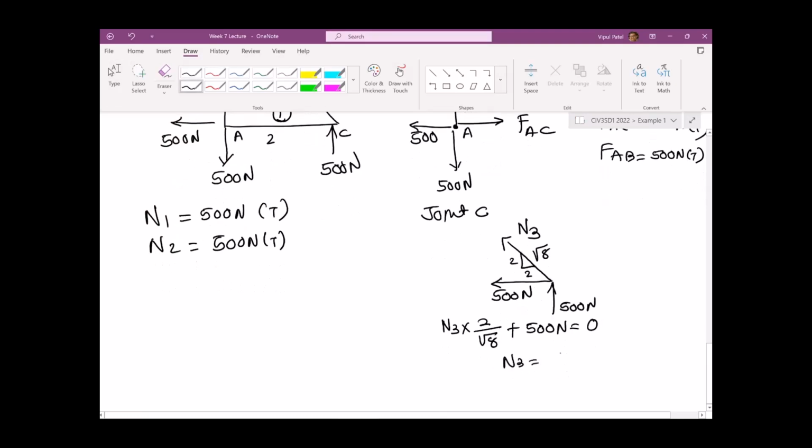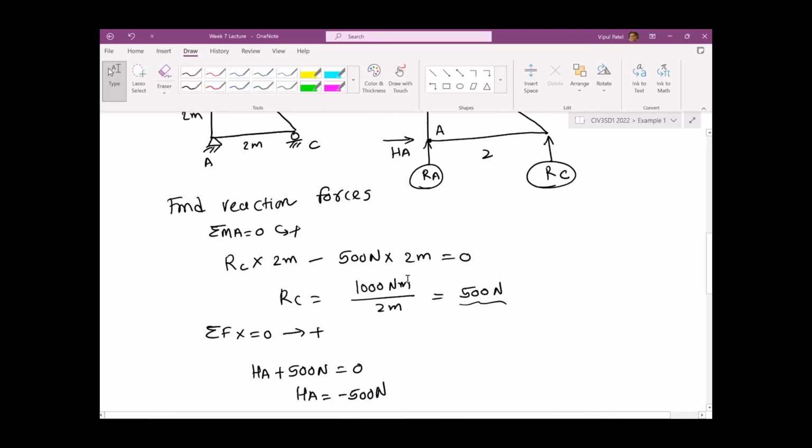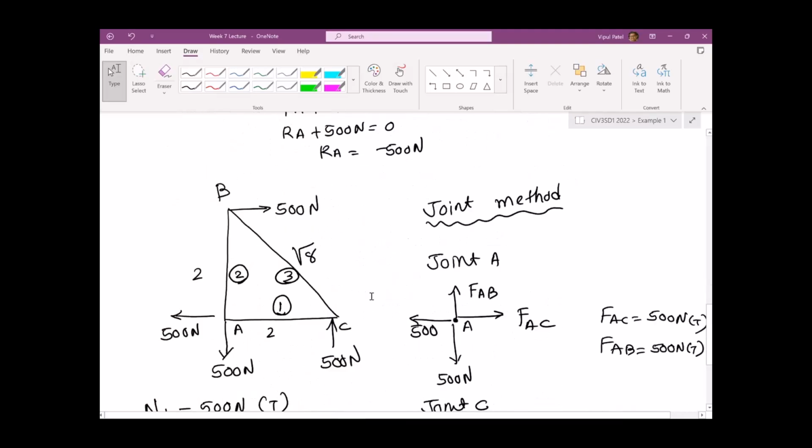So N3 equal to minus 500 newtons times square root 8 on 2. This gives me minus 707 newtons compression. So N3 equal to minus 707 newtons compression. You can unmute yourself and tell me which part you don't understand,